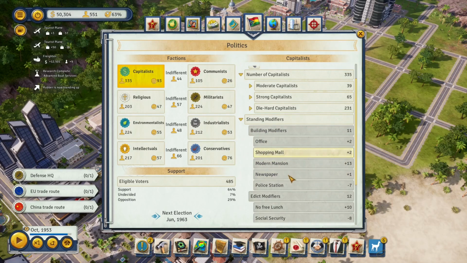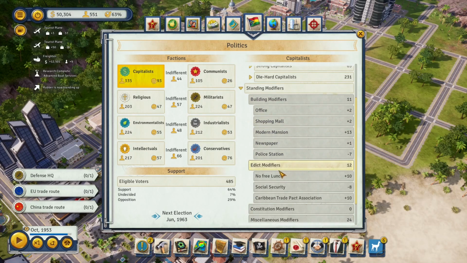So we don't want to compare it to the building modifiers. We want to compare this to the edict modifiers. Social Security and all this stuff going on. We're not always going to have Caribbean Trade Pact Association turned on. So what we're looking at is a +2. So 50 + 2, 52. If nothing happened for a really long time, we didn't do anything, then it would even out to around 52,